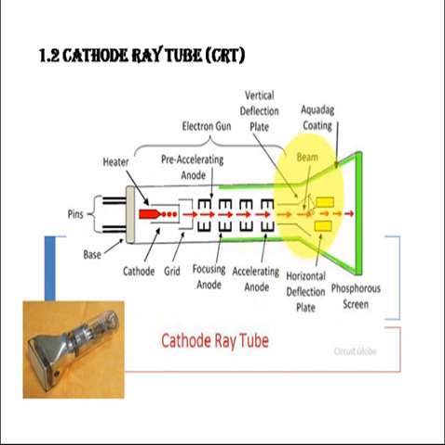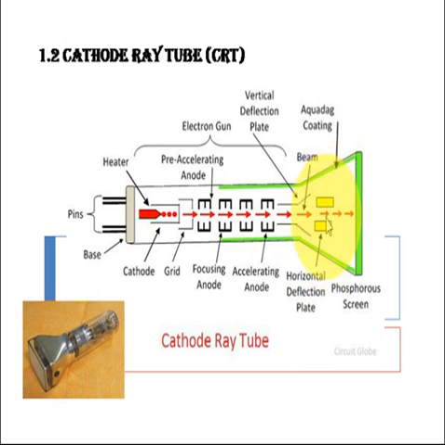This Y-like structure is the vertical deflection plate, and these yellow straight plates are the horizontal deflection plate. Our electron gun assembly emits the electrons in a straight line, then they pass through the vertical and horizontal deflection plates. The vertical deflection plate is responsible for moving our signal vertically on the screen. The screen of the CRO has an x-axis as well as a y-axis. To move the signal along the y-axis, which plate is used? The vertical deflection plate. To move the signal along the x-axis, which plate is used? The horizontal deflection plate.